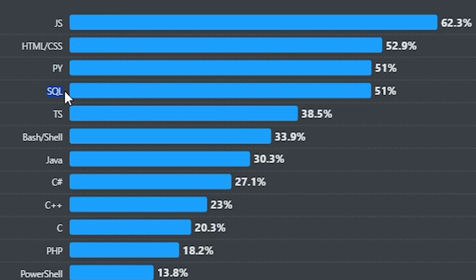SQL is for working with databases. TypeScript is just JavaScript with types. I don't think you can make desktop applications with the shell. And for Java, I cannot remember if I have used a desktop application made with Java. So the top 3 options left are Python, C#, and C++.